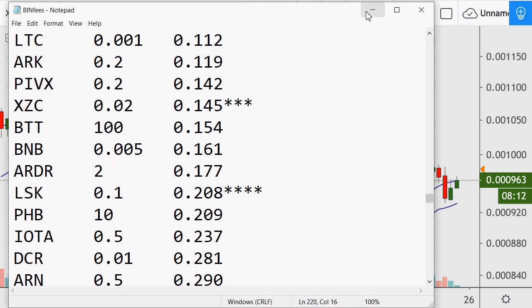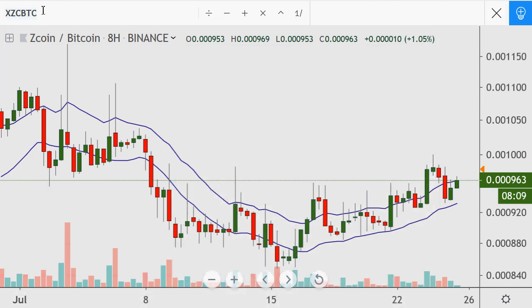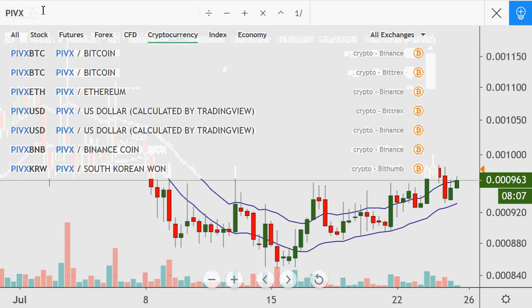PivX. Now that's an interesting one because I was looking at that earlier, and I don't think that's a play. But it's been